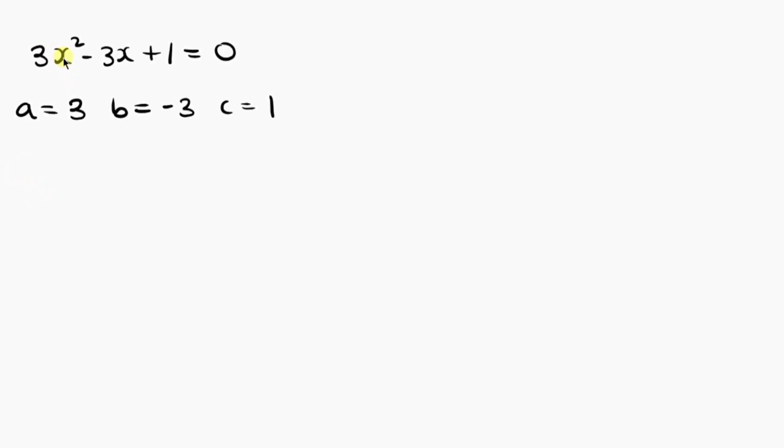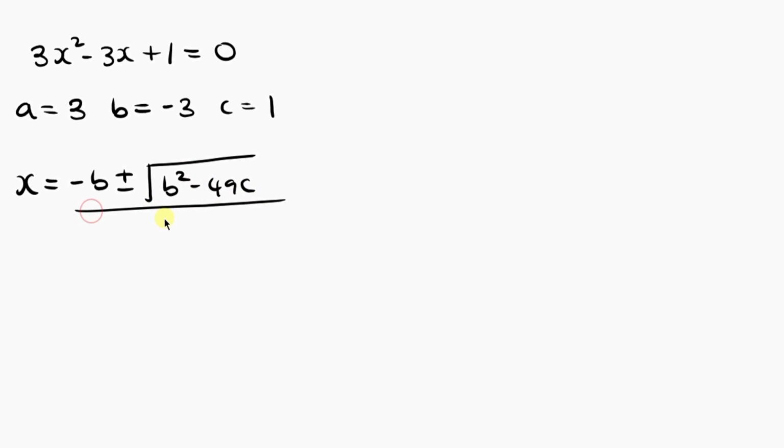So since I'm looking for x, I'm going to be writing x equal to negative b plus or minus the square root of b squared minus 4ac. Now divide by 2a. So let's substitute. So I'm going to be having x equal to negative b. What is b? B is negative 3. So I'm going to be putting negative 3 there, plus or minus square root